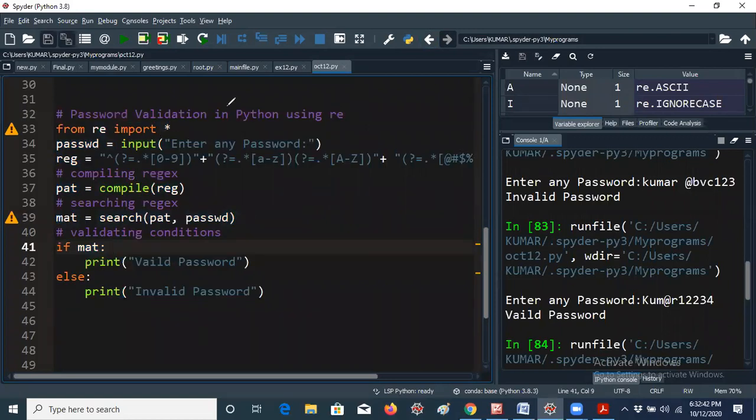So why I am taking this, you already know. Password, input, enter any password. I am giving this, enter any password like this. Regular expression, that's the reason I have stored the regular expression. For your understanding purpose, I am taking r is equal to, you can take any variable name like a, or anything. But every meta character should be there within this condition, and you have to give the last value as $. Okay. So pat equal to, that is pattern.